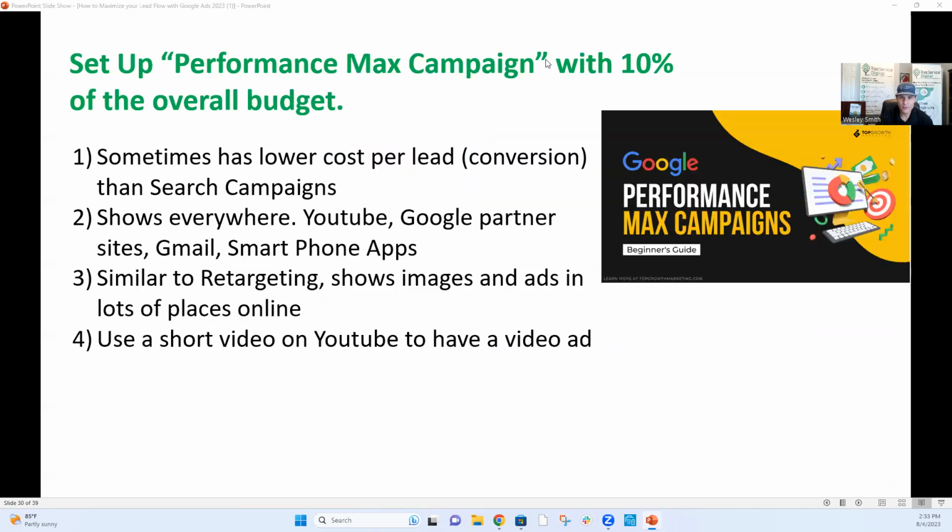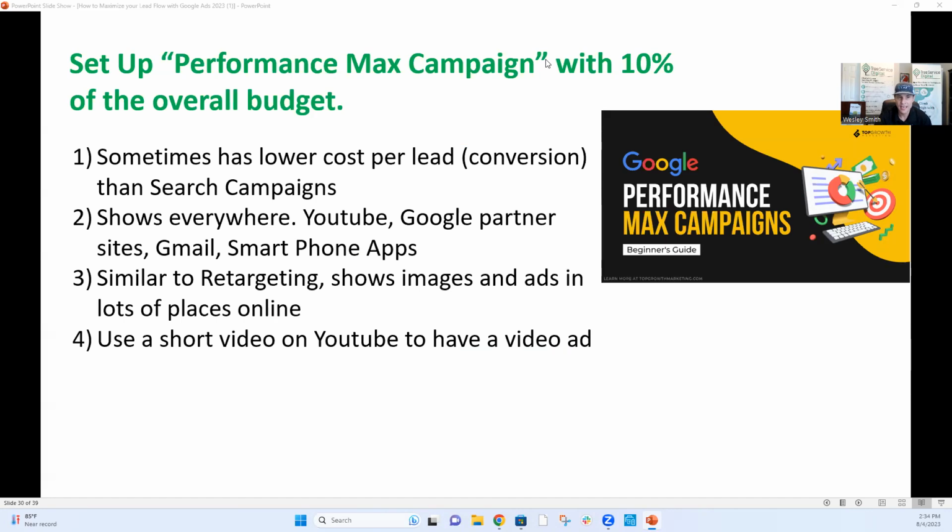So set up the next part of Google Ads are the new campaigns called Performance Max campaigns. Maybe you've seen this inside the Google Ads platform, but what you could do is you can kind of test it 10%, maybe 20% of the overall budget of the campaign. So if somebody's got a $2,000 a month budget on Google Ads, maybe put $200 a month. Maybe put that $8 a day, $6 a day, $7 a day into the Performance Max campaign